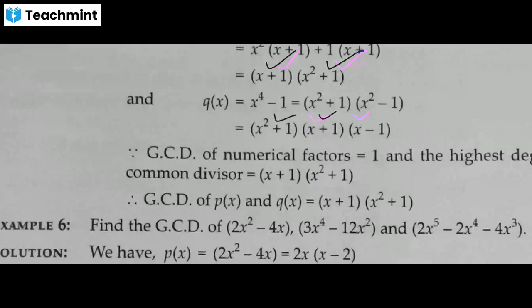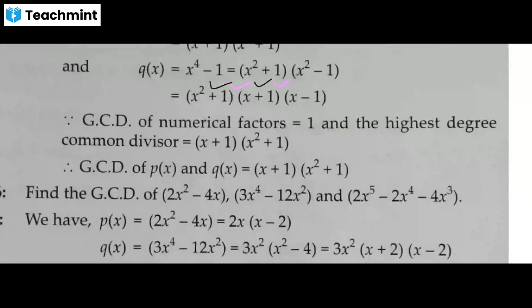So here it is written the GCD is, no need to write all this. This is just for your understanding, or it is an explanation part. You can just write, therefore